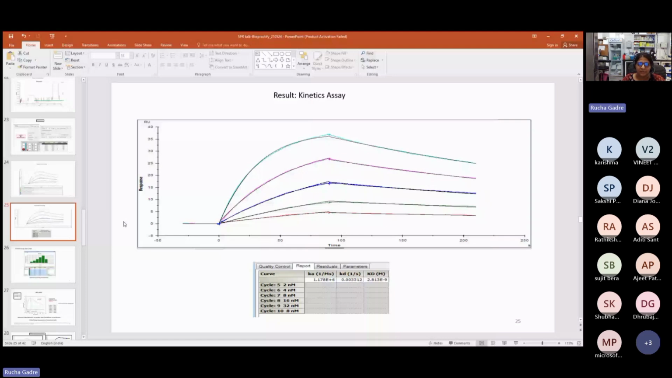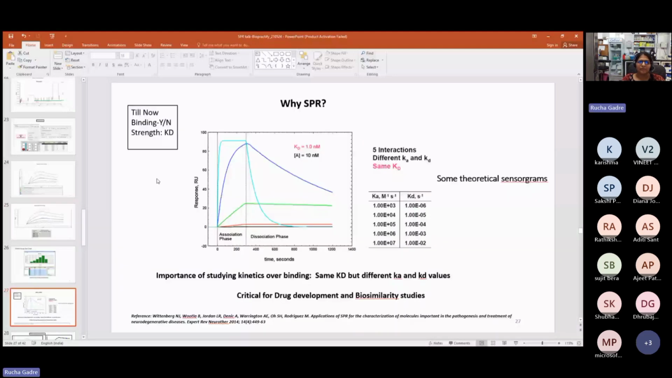So till now, what information we get about our assay is the binding and the strength. Binding will tell you whether your ligand and analyte are binding or not. Strength will tell you how strong their binding is. This information can be derived from many other techniques. So why SPR? SPR is a very important technique, because it will not only